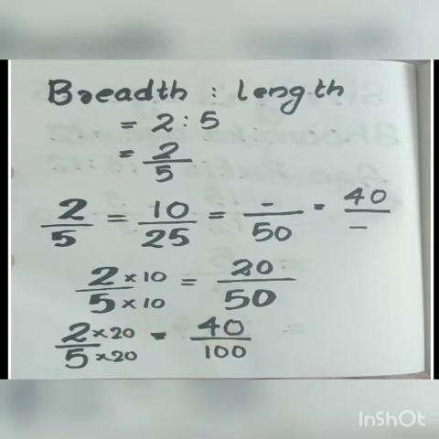That means applying the concept of equivalent fraction for finding out here. Since the ratio remains same in all cases, that is 2:5 itself the ratio. So that should be the ratio throughout. So you can multiply with the same number. In that way you can find out the answer.